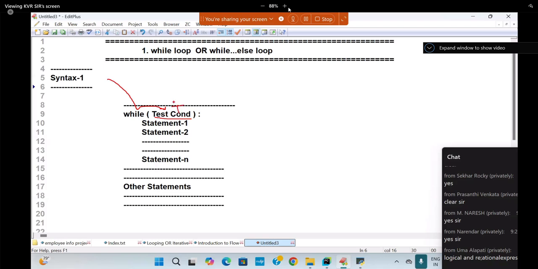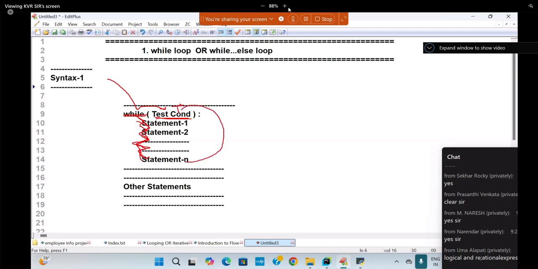If it is true, PVM will enter inside and execute the indentation block of statements. Earlier, when I wrote if, it simply went to the other statements. But with the while loop, when the test condition is true, it will execute the indentation block of statements and go to the